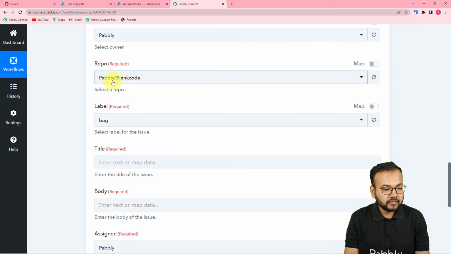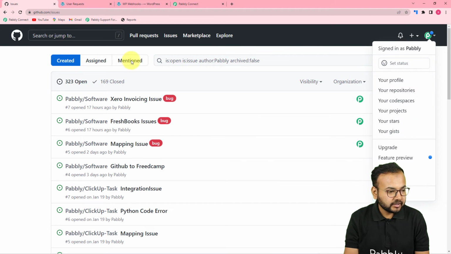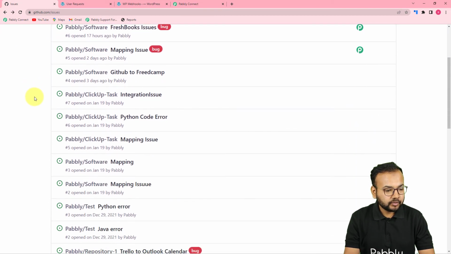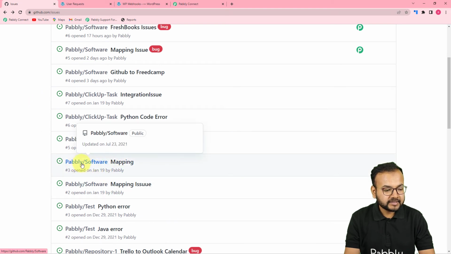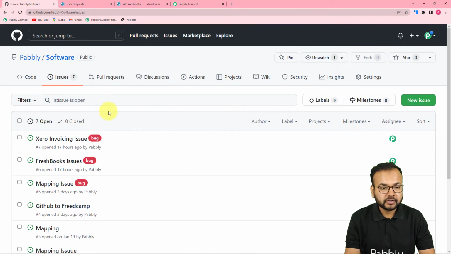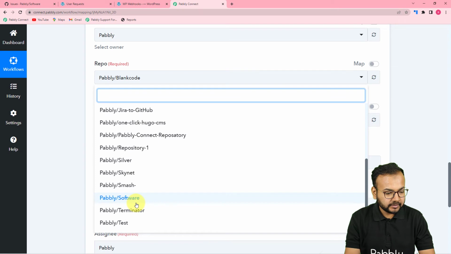Now it is asking to select a repo. So you have to select the repo in the GitHub. Let me check the repo. So I have all these repos here, and I'm going to select this repo Pabbly/software mapping, right? And here I want to create an issue in the issues section. So I'm selecting Pabbly/software that you will find here,